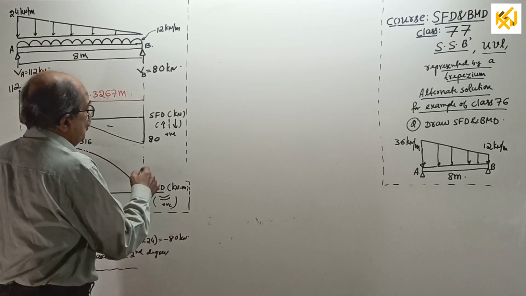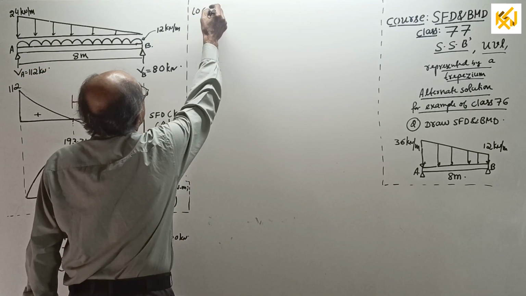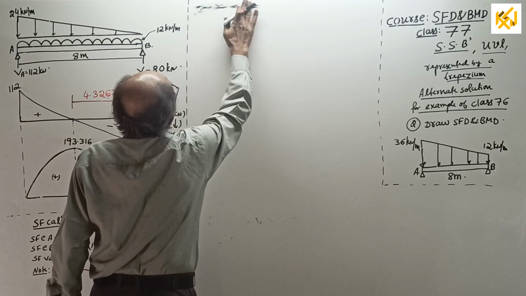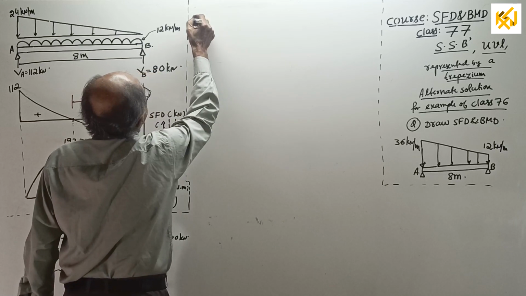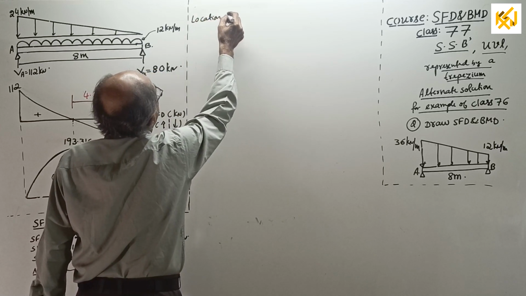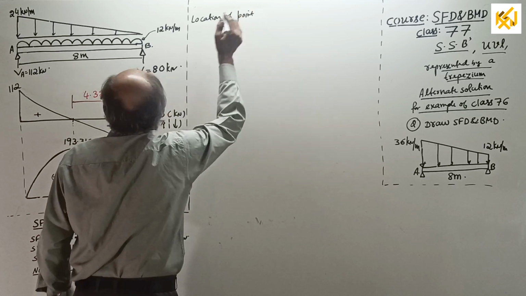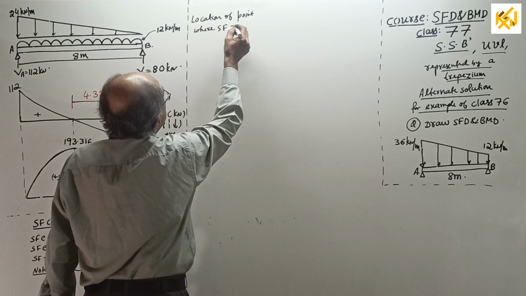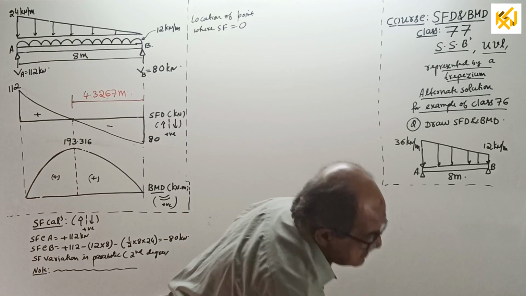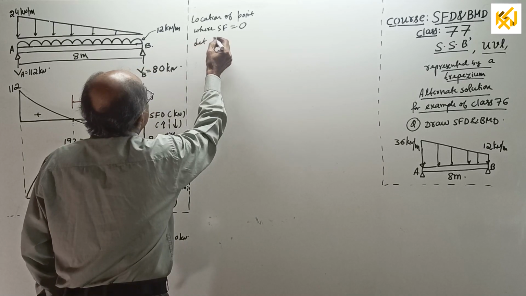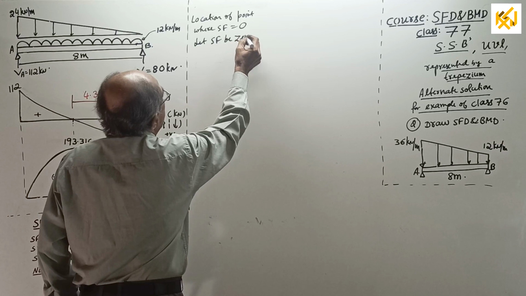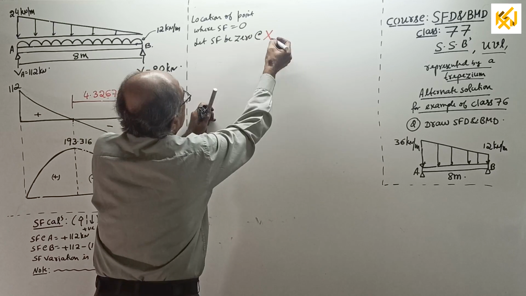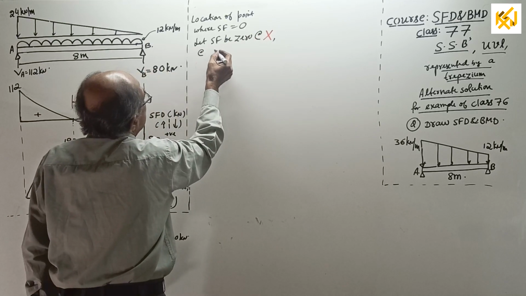Therefore, next step, location of point. A little down I have to write because it may come out of the camera. Location of point, the point where shear force equal to 0. Now start. Let shear force be 0 at a point, say x, at a small x